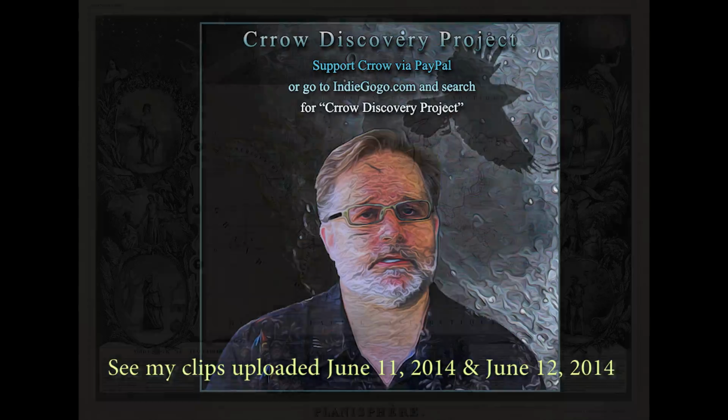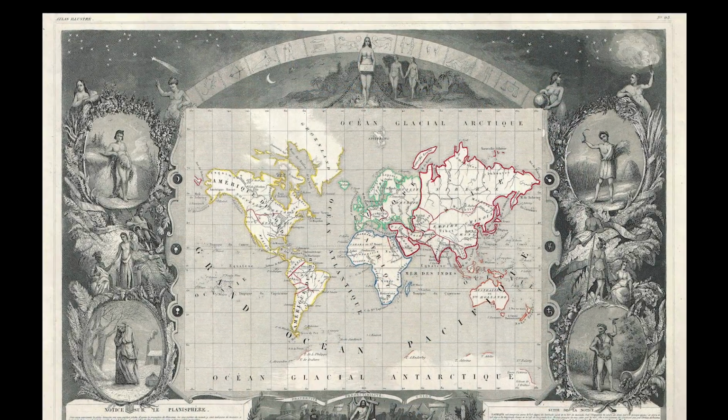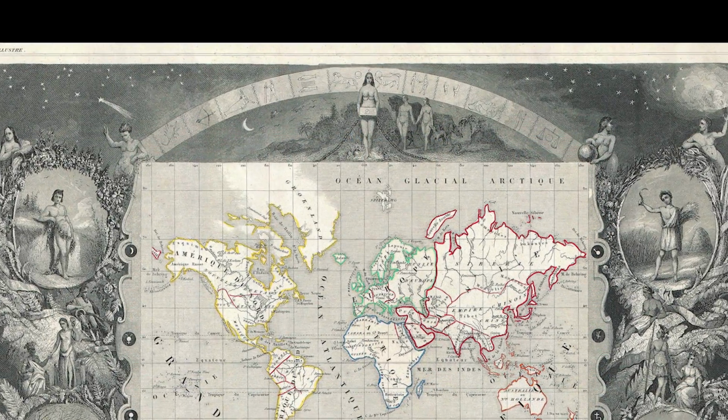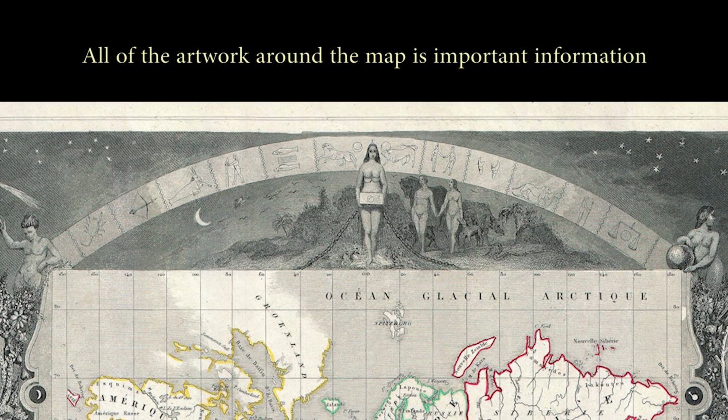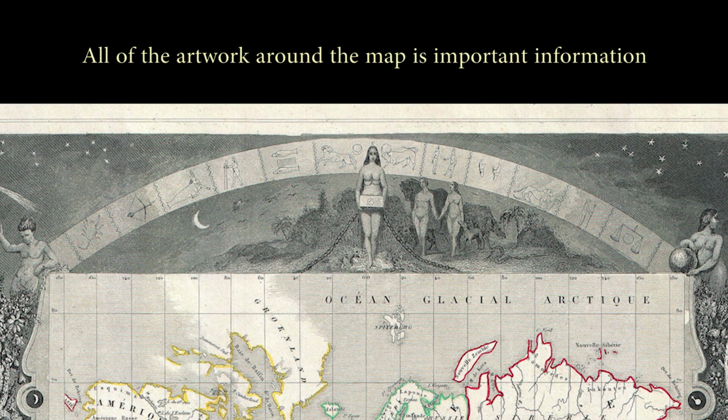Okay, we're going to start demonstrating here. These are old maps, and I'm going to demonstrate to you that you were not shown in school things that were critically important not too long ago. Here's an old map, and you'll see that the zodiac is associated with it. Now, there's a reason for that.